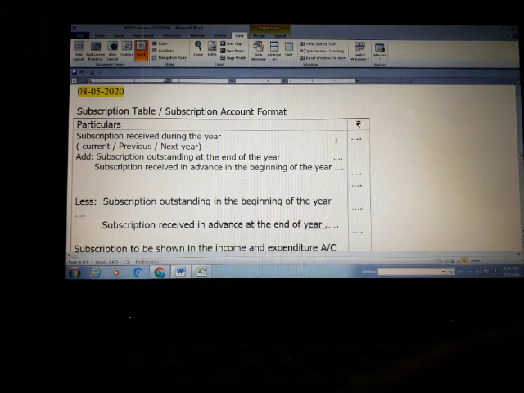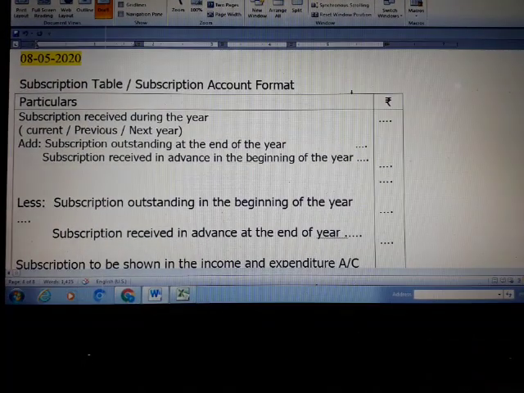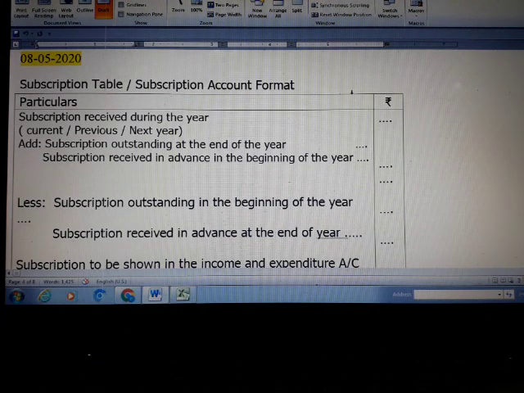You would have learned the term write off in grade 11 while we were dealing with the chapter called depreciation, where we used to write off depreciation and transfer the depreciation towards the P&L account. In the same way, today we are going to work out problems on subscriptions which will be written off.